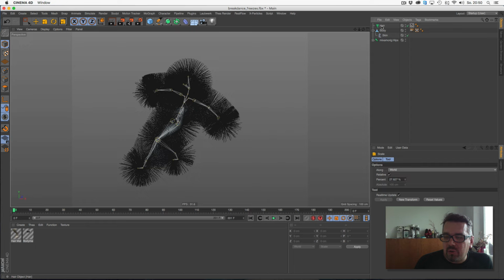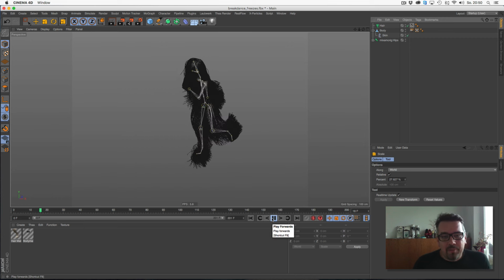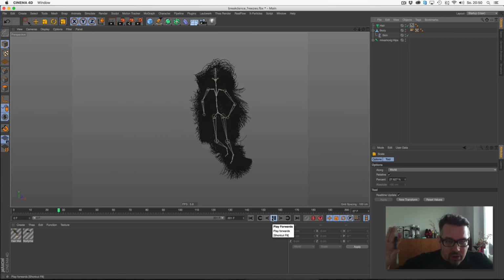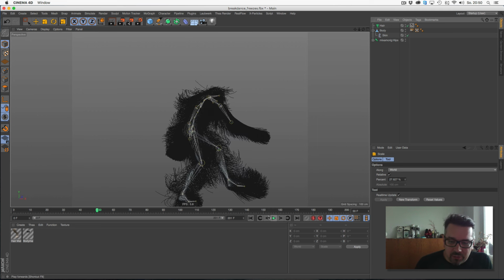At this point, because I know I won't change much after this, I did something, because you can see in default mode the hair is some kind of fluffy, like hair should be.